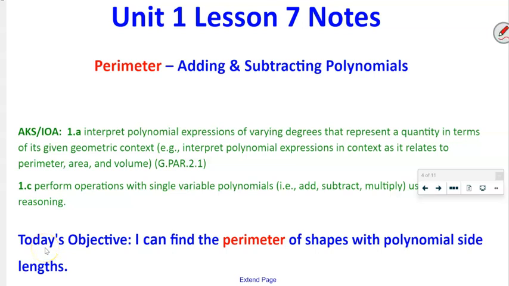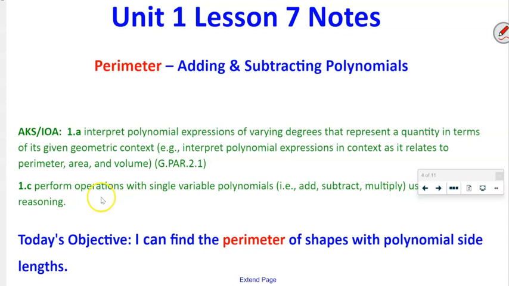In this video today, I'm going to go over the perimeter of various different shapes, but we're going to do that by adding and subtracting polynomials. So our AKS standard is 1a and 1b, so we're going to do interpreting polynomial expressions of varying degree that represent a quantity in terms of its given context. So basically, doing it in context as it relates to perimeter today, and then we'll do area next, okay, and